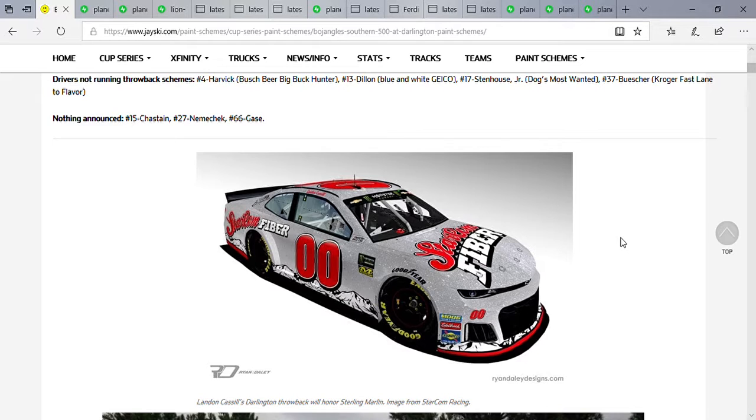I've seen most of these paint schemes already, but it's time for me to give my thoughts and opinions on every single one. However, there are only like one or two throwbacks that I have not seen yet. So when we get to that point, I will let you know which ones, and I'll give you my thoughts and opinions on that. Once again, for those who are wondering what this series is about, it's basically a series